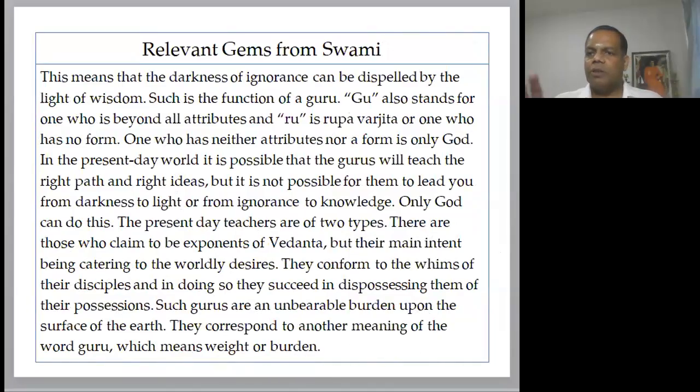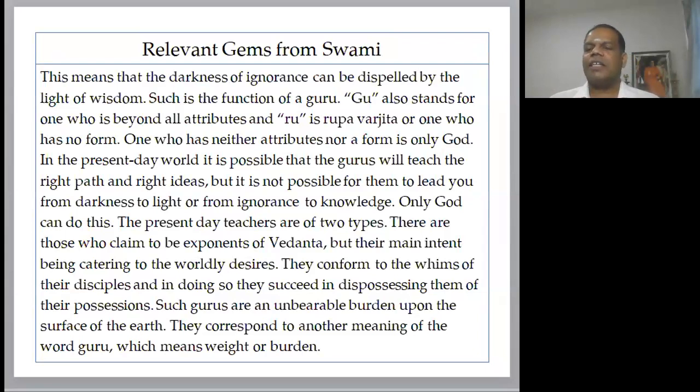So, what Swami is talking about is the two types of gurus which are prevalent today in this world. The first type, they are interested in worldly possessions. So that means they want money. Like we work for salary, yes, so they somehow extract the money and wealth from the disciples. Two types of gurus which are prevalent today in the world. That's what Swami is saying.